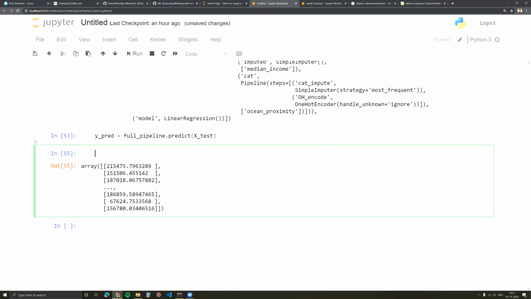Now we can actually do the scoring. All the scoring methods are stored in sklearn.metrics. I want to import the R squared method.